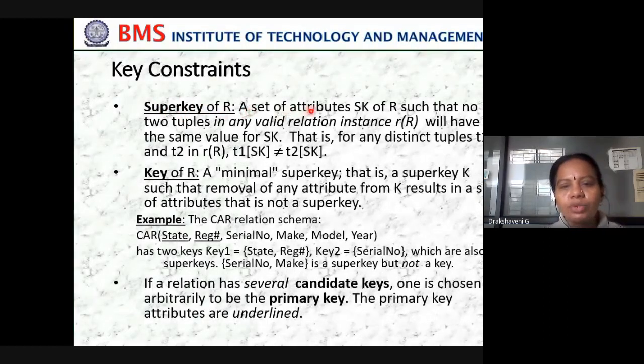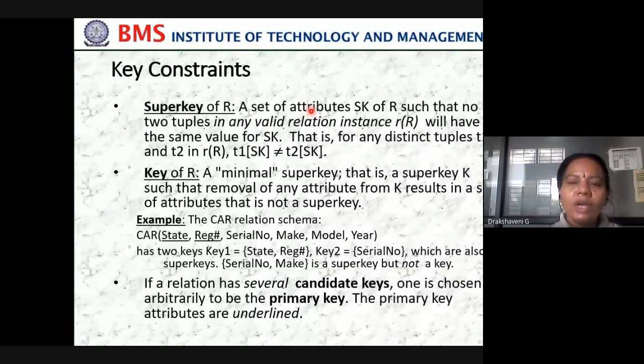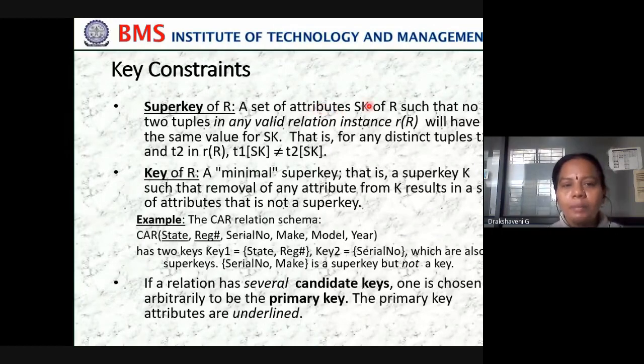A set of attributes. How many attributes do you have? Your USN, your name, your subject 1, subject 2, subject 3, subject 4, like this we keep going. Then we represent a super key as SK of relation R such that no two tuples in any valid relation instance r of R will have the same value of SK. That is, for any distinct tuples t1 and t2 in r of R, t1 of SK is not equal to